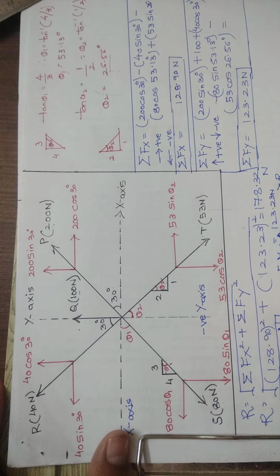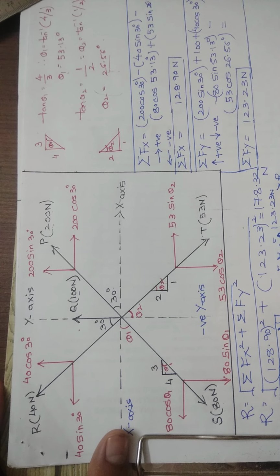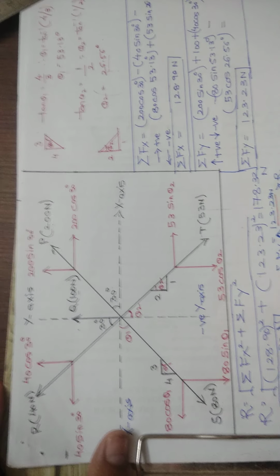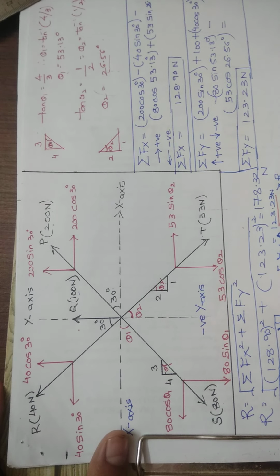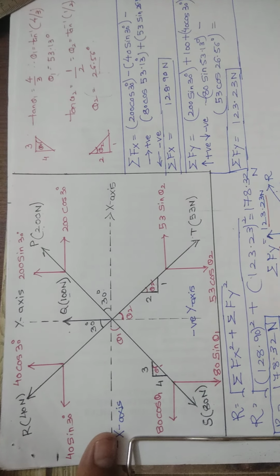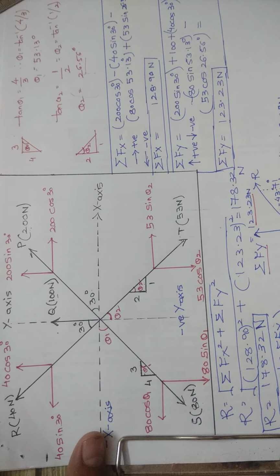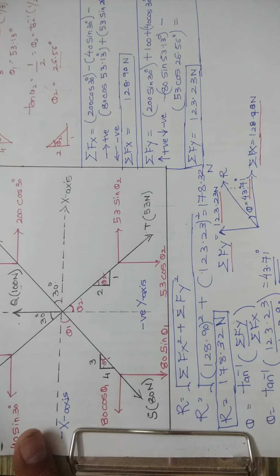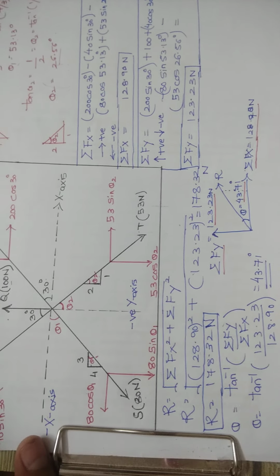So in this way we have calculated the values. This is nothing but the x component of this resultant, this is the y component, and this is the angle made by the resultant. Okay. So in this way we have calculated the value of the resultant and found the angle made by the resultant. So here we have completed the problem related to how to find the resultant. Okay. So the resultant value we have calculated here.